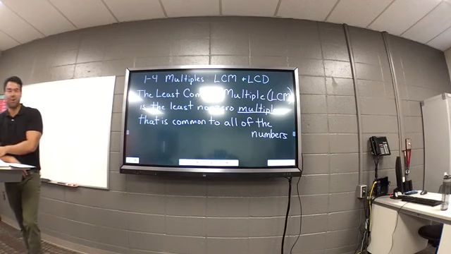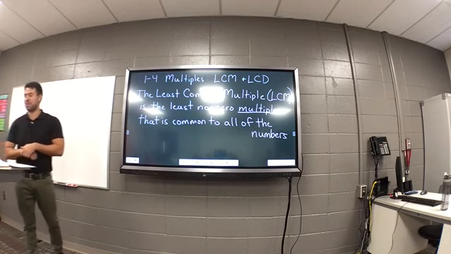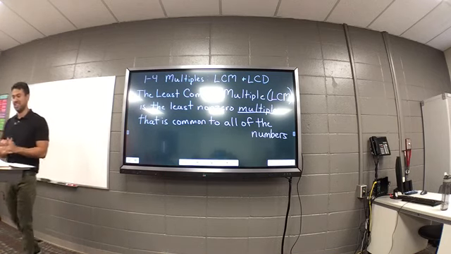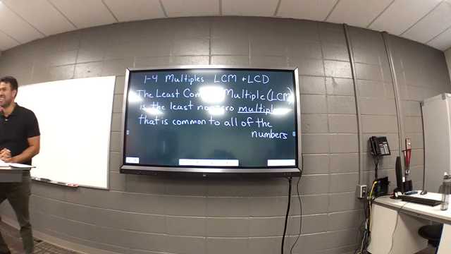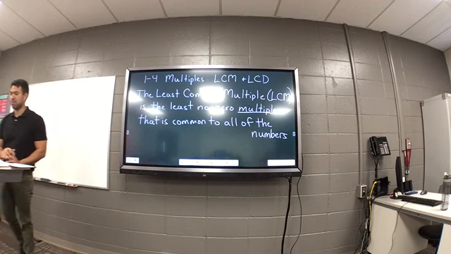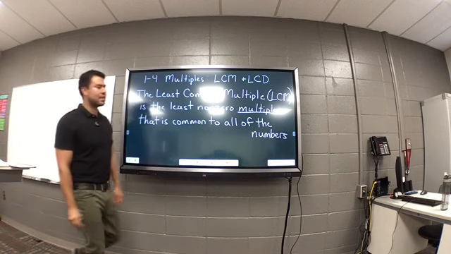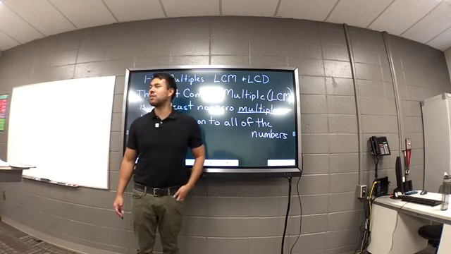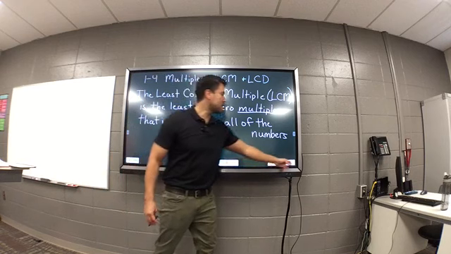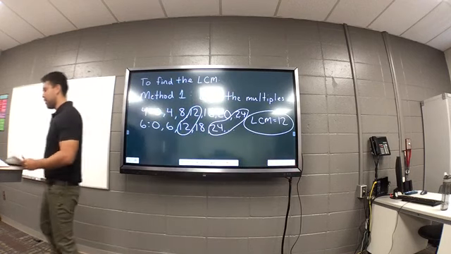It says it right here. Go ahead and read that for me. A multiple of a number is the product of that number and any whole number. Okay, and people are probably thinking, okay, great, what is that? It's in that yellow box on the top of page 8. Remember, a multiple is a number. And maybe you're thinking, okay, that's the definition. That really didn't help. So what we're going to do here is we're going to look at an actual problem